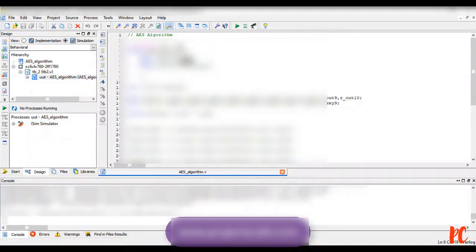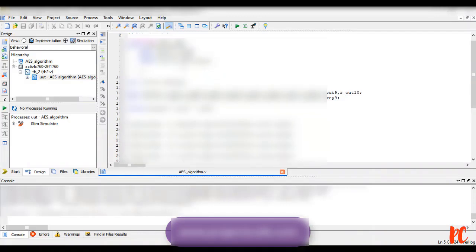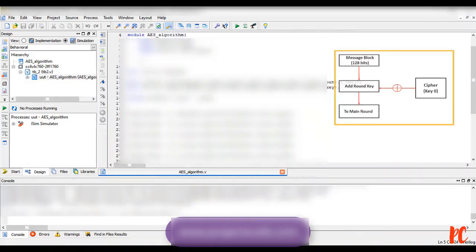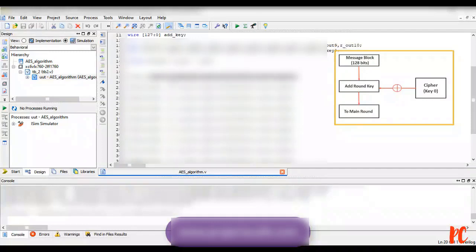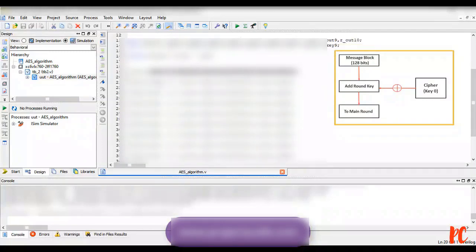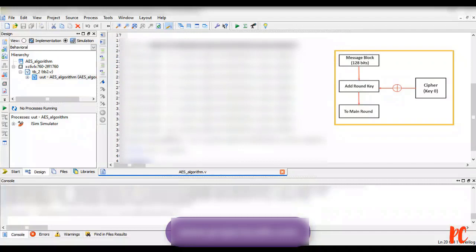As said earlier, this project is being done with respect to 128 bits. So the inputs I have taken are from 127 down to 0. Similarly the cipher key, obviously 127 down to 0. So the output also is 127 down to 0. And we have taken a few bytes here. And you can see here we have operated for 10 rounds, right? So starting from round 1, the round name I have given as round, from round 1, round 2, till round 10. You can specifically see here from round 1 to round 9.